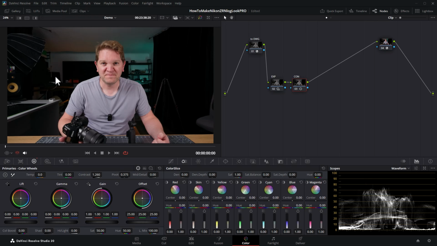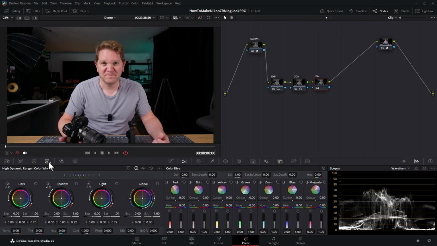It will depend on how your image looks and whether it's a low key or high key image. And basically you'll need to tweak this value for every scene that you've got. Right click on contrast, choose add serial, and this node we're going to use to balance the colors to get the colors looking reasonable. To do that, we're going to switch back over to the HDR palette